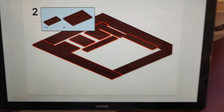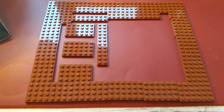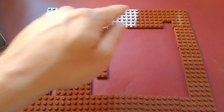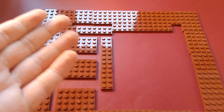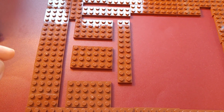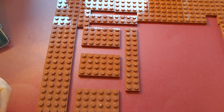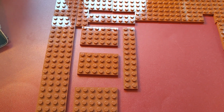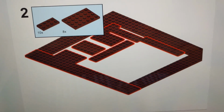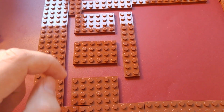Step 2. This isn't the most pleasant building experience. Have a look here. We have placed all these plates here. They are all loose, and it's fine as long as they touch each other. But here in the middle, we got loose plates in the middle of nowhere. I think I can see in the building instructions that here, here, and here there should be gaps which are 1 stud wide. So I think we have done this correctly, but even more annoying are these plates here,